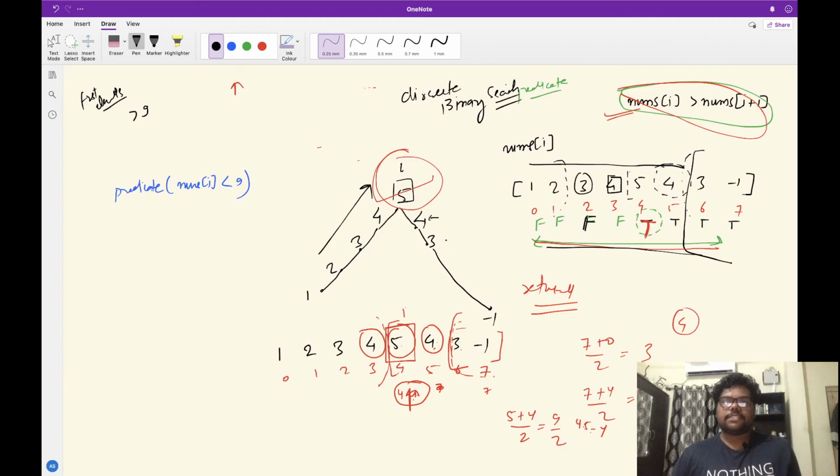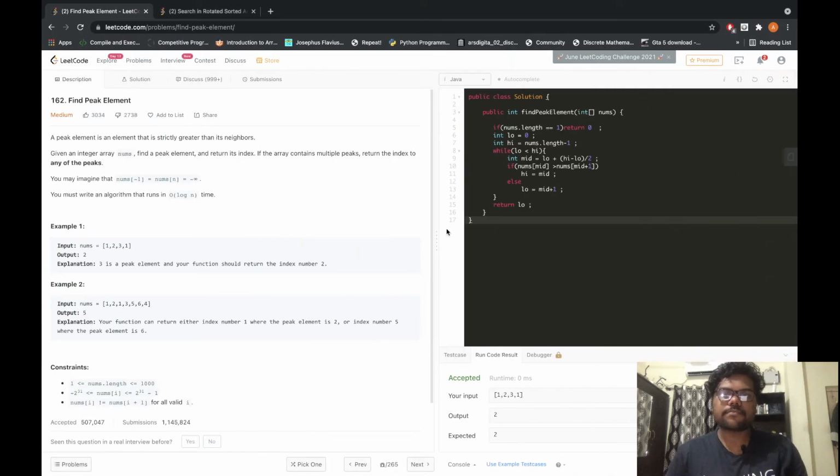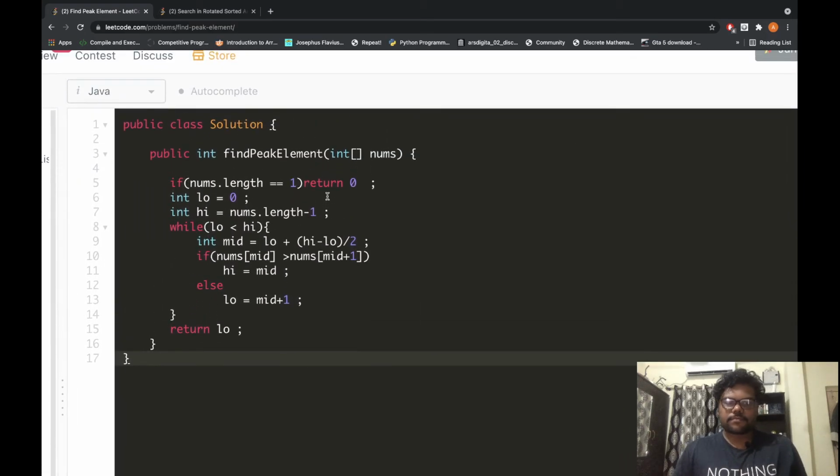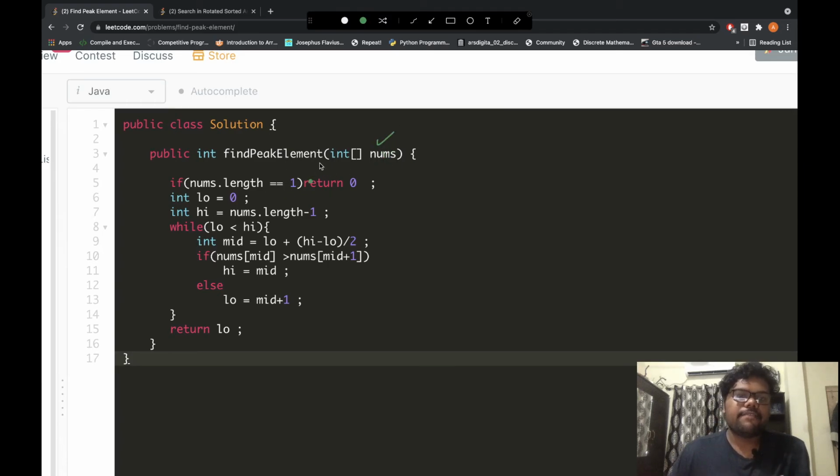Now for this question, let's see the code. So we have been given the nums and we have to find the peak in the nums, and there can be multiple peaks, but we have to return any of the peaks, and that peak will evaluate true for our predicate.